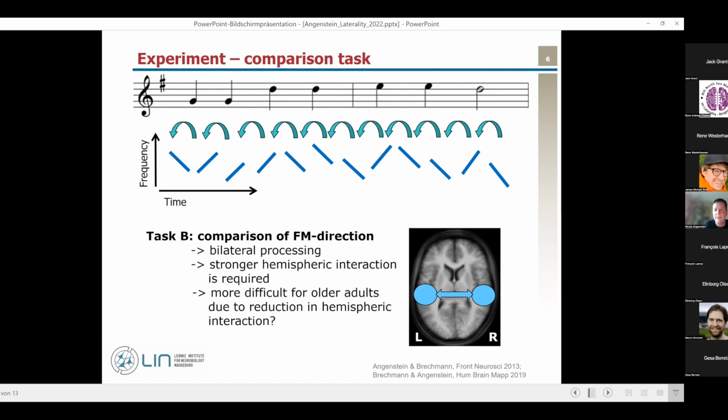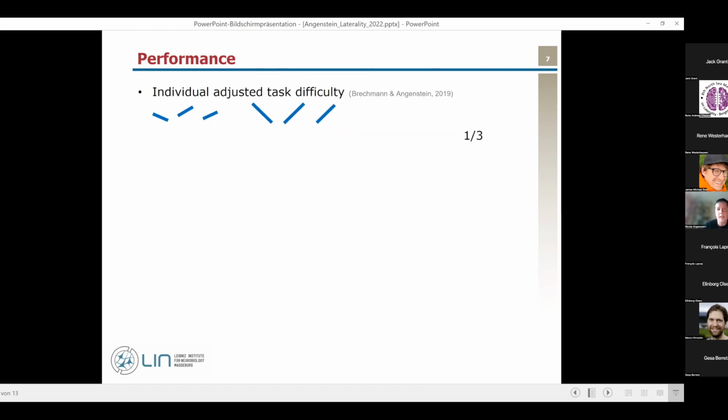And our hypothesis was that this task is more difficult for older adults due to a reduction in the hemispheric interactions. Before we did the fMRI experiments, all the participants did a psychoacoustic experiment, and we adjusted the task difficulty individually by changing the frequency range or the length of the tone. We did this because we have shown in a previous study that the task difficulty strongly affects the lateralization of processing of